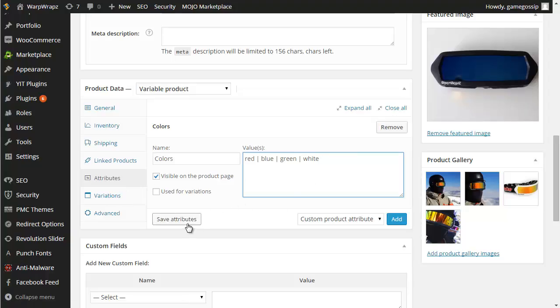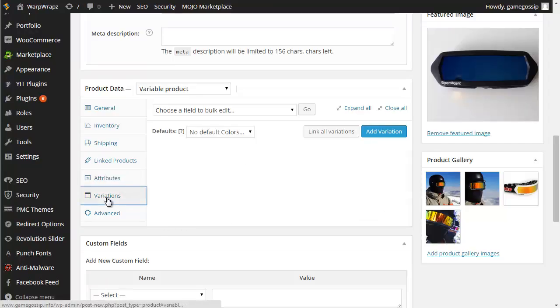Once you do that, be sure to uncheck visible on the product page, but we do want to use it for variations. And that's basically the drop down. Then you click Save Attribute. When you click Save, then go to your variations, and you can specify those colors based on price, picture, and other different options. And how you would do that is you click Add Variation,